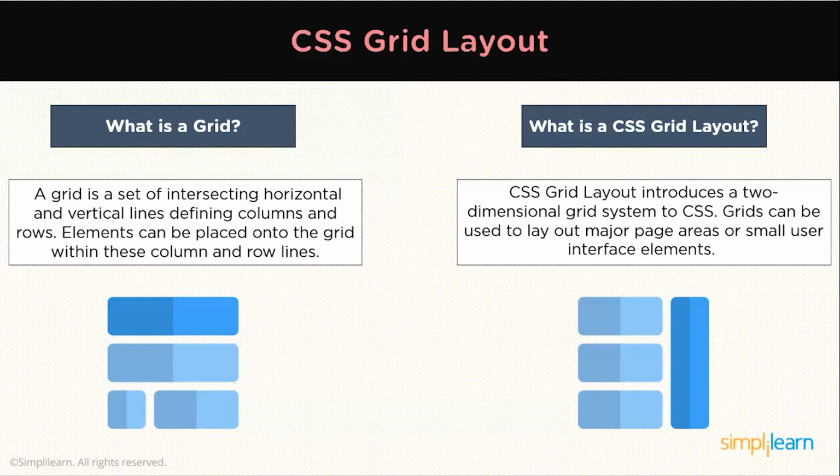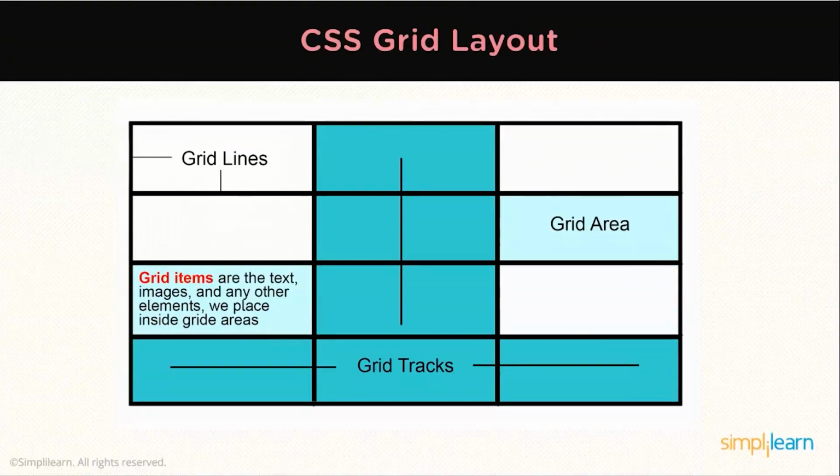CSS grid layout excels at dividing a page into major regions or defining the relationship in terms of size, position, and layer between parts of a control-built HTML primitives. You can see this is the basic layout of a grid system. Like tables, grid layout enables an author to align elements into columns and rows. However, many more regular layouts are either possible or easier with CSS grid than they were with tables. For example, a grid container's child elements can position themselves so they actually overlap and layer, similar to CSS positioned elements.